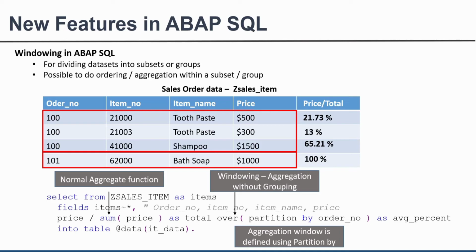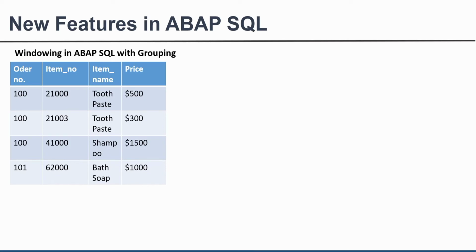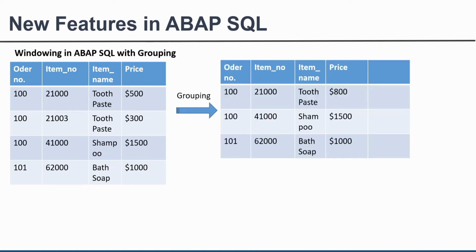However, in this case, I am not creating any group. Say for example, in this case, there are two items with the same name. However, I haven't created grouping and I haven't clubbed them. So as a next step, or in any other scenario, if you want to do the grouping within a window, that is also possible. Say for example, if you take the same table, order number, item name and price, and now if I create a grouping, then it will look like this, wherein now I have two records within